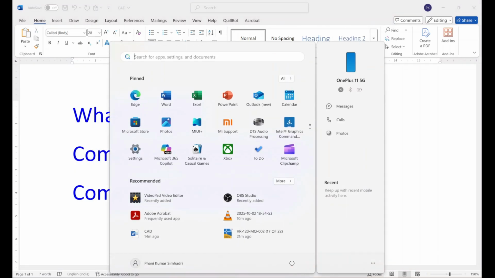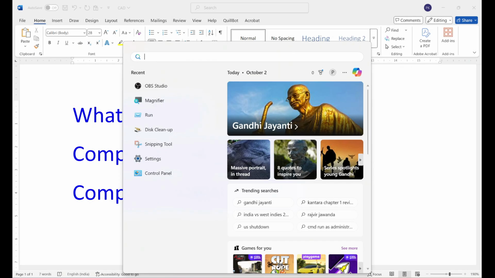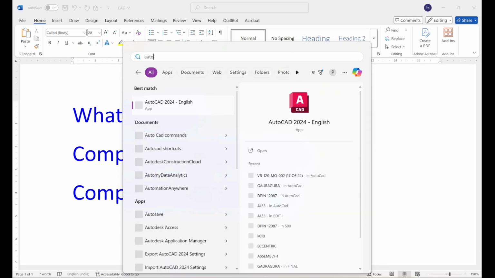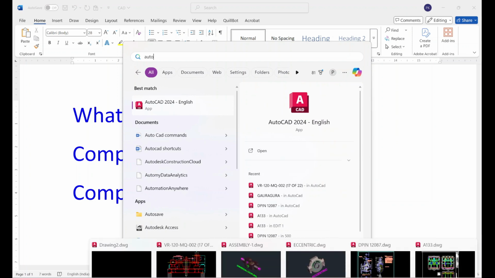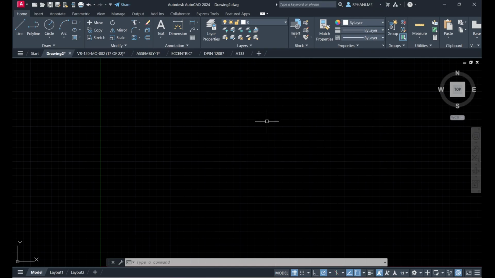So how to open the CAD software? Go to the programs. You just type AutoCAD, so you will get directly the AutoCAD package. Open this package. If you open this package, you will see the environment like this. Here you can observe various